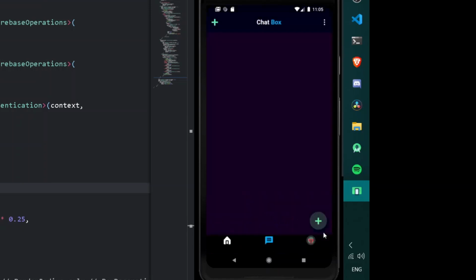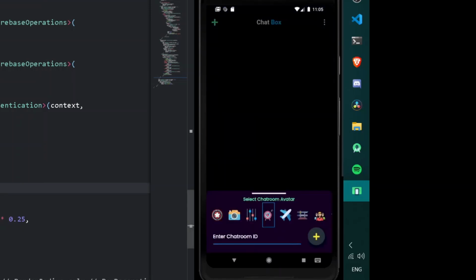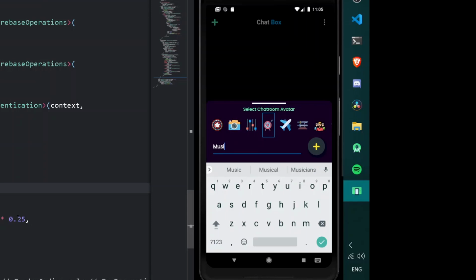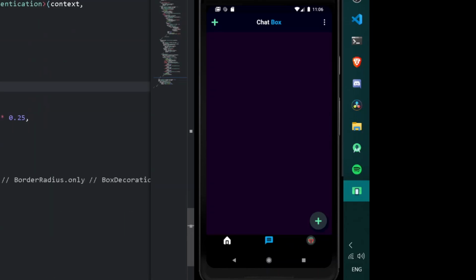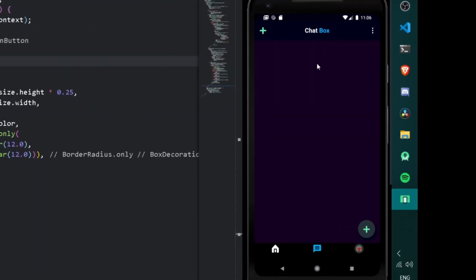Let's have this one. Cool. So here let's have a chat room ID for not music but archery school or any sort of thing. So now let's test it out. So now after pressing plus, alright, the following field is emptied, and once we have submitted all the data, let's fetch all the data as well under the following field of our body.